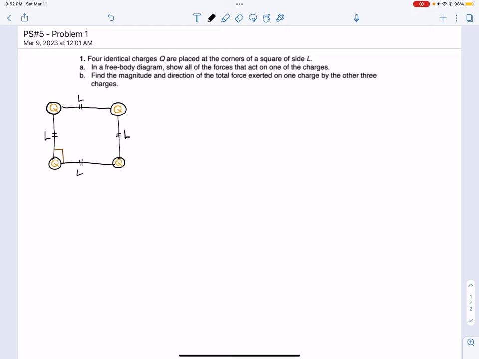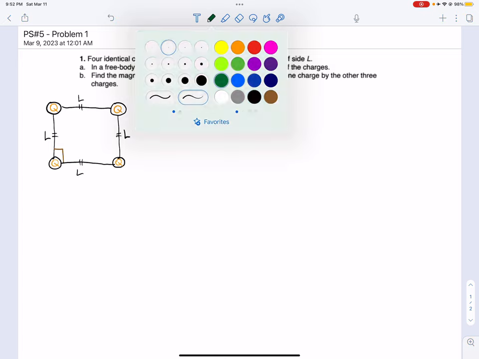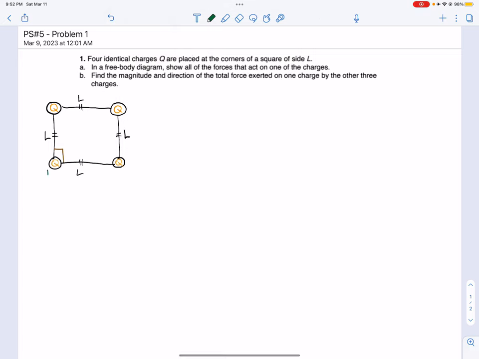So I drew the four identical charges Q that are at the corners of a square of side L. Okay? So I'm going to label these. This is charge number 1, charge number 2, charge number 3, and charge number 4. All right? I will also say that